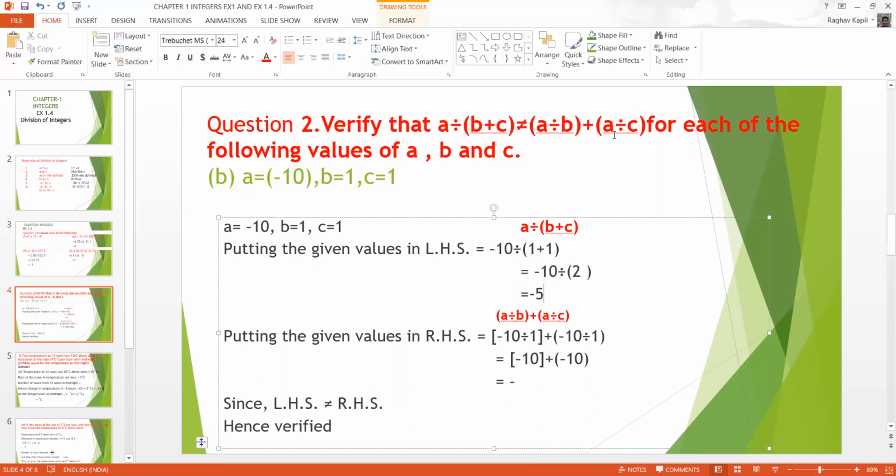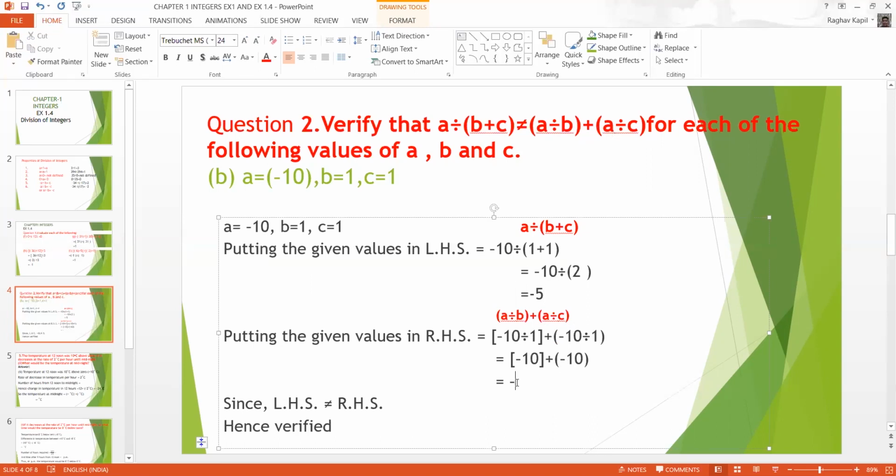Now the right hand part: a divided by b plus a divided by c. First we will put the values in the RHS part. a is minus 10, b is 1, a is minus 10, and c is 1. When minus 10 is divided by 1, any integer when it is divided by 1 gives the number itself, so minus 10. Again minus 10 is divided by 1, so again minus 10. And when we add minus 10 and minus 10,